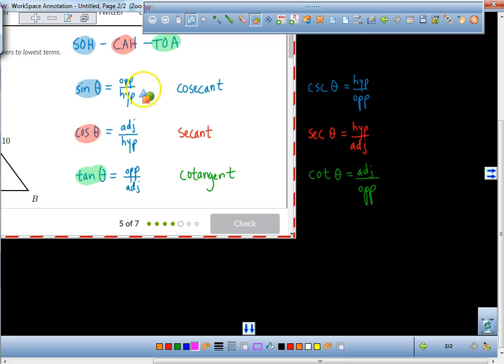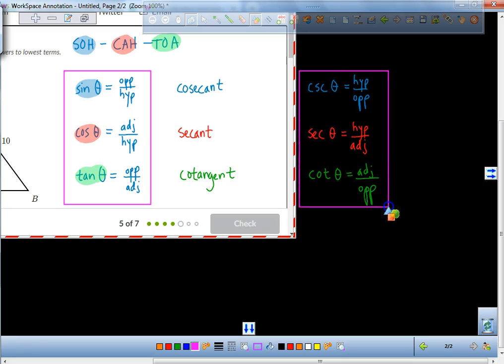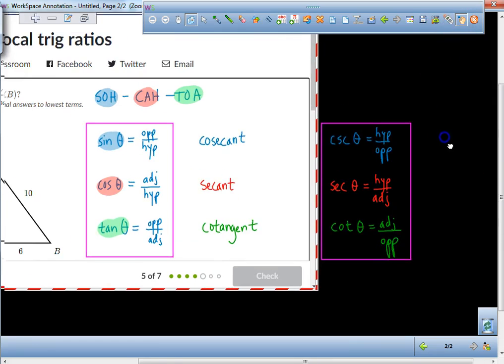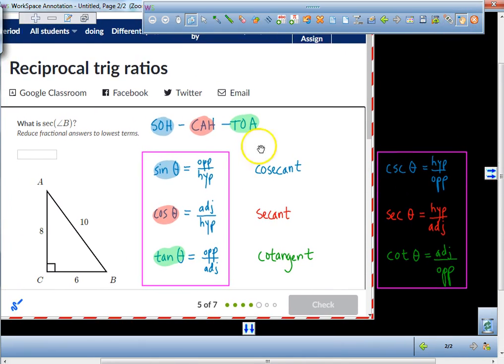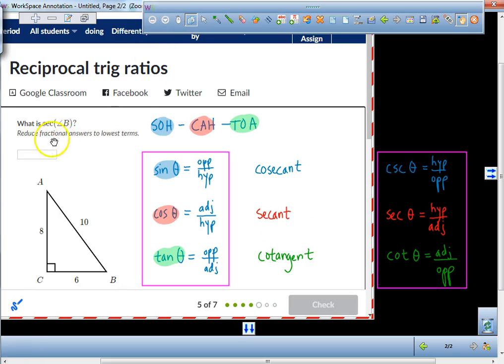So we all started out with this right here. Now I want you to have these in your journal as well. And what do we call these? We call these the reciprocal trig ratios. All right, so let's take a look at this problem. Right here it says,